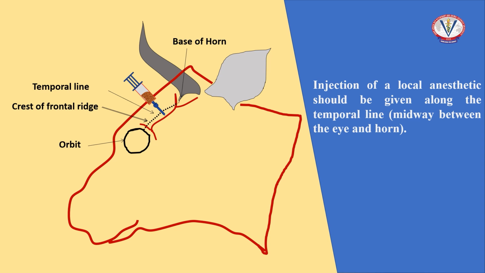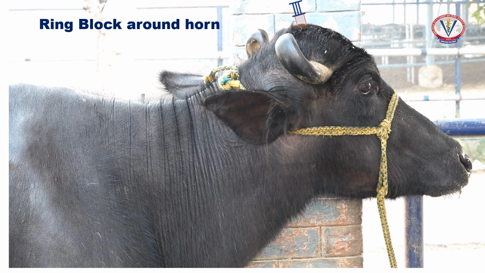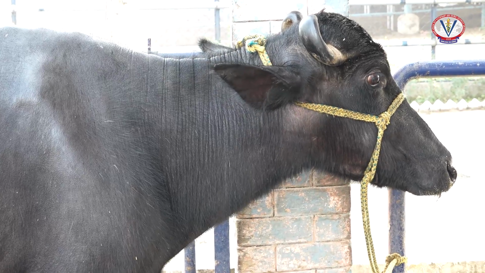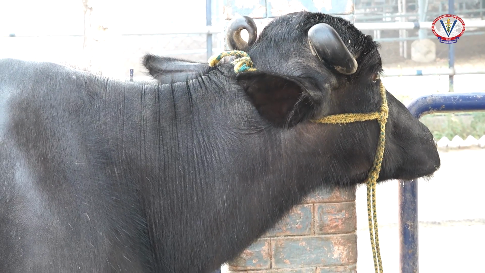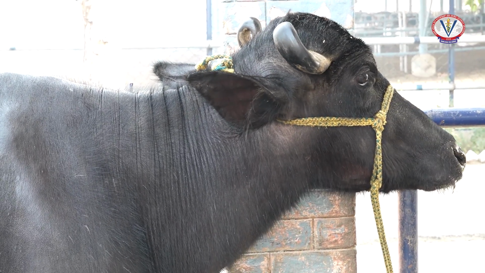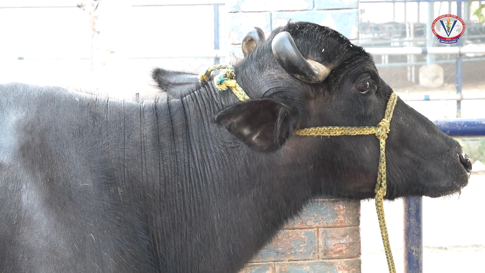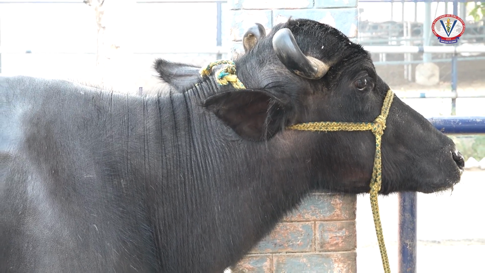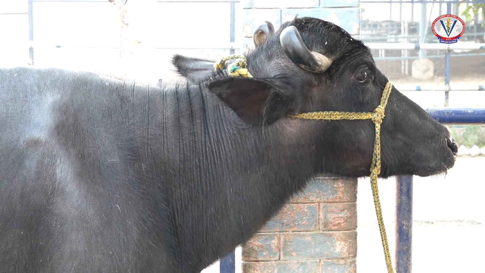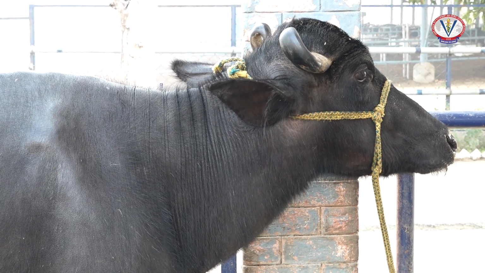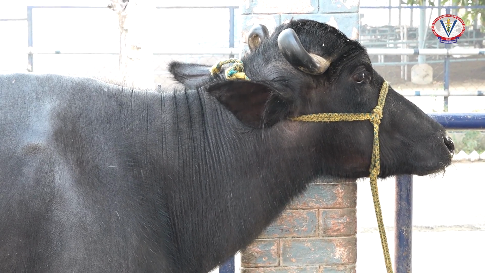and the horn. Additionally, a ring nerve block is sometimes performed by depositing a local anesthetic around the base of the horn to achieve maximal pain suppression. The horn can be sawed off using a hacksaw or obstetrical wire. The cornual artery which supplies the horn must also be ligated or its branches must be cauterized before we proceed for the process of dehorning.